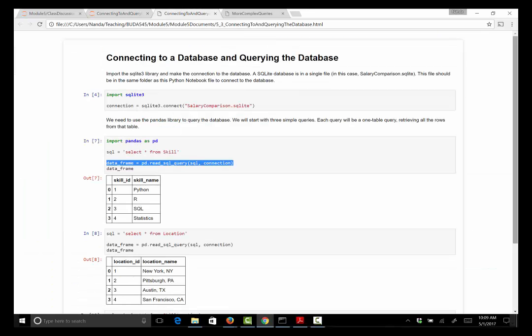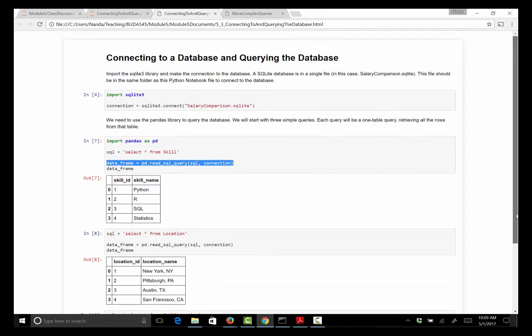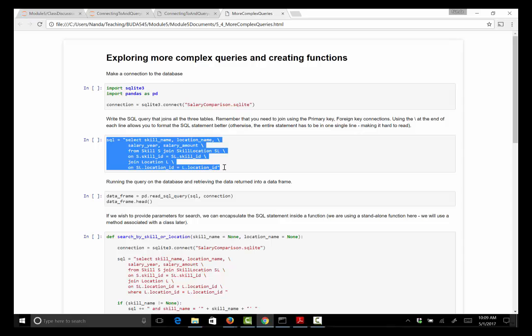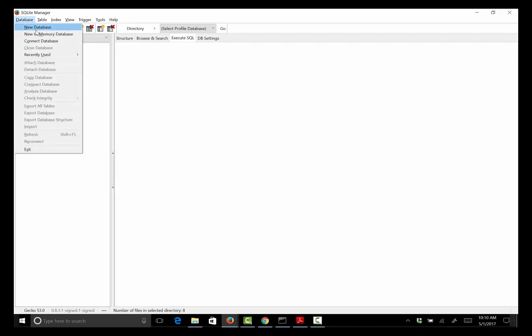Let's see, I don't want to go through all of this. I just gave a set of examples here. These are the simple examples. The more complex queries, the main thing I wanted to make you aware of, there are a couple of them. One is this query here, the one that we looked at in SQLite. So if I connect to the SQLite database,